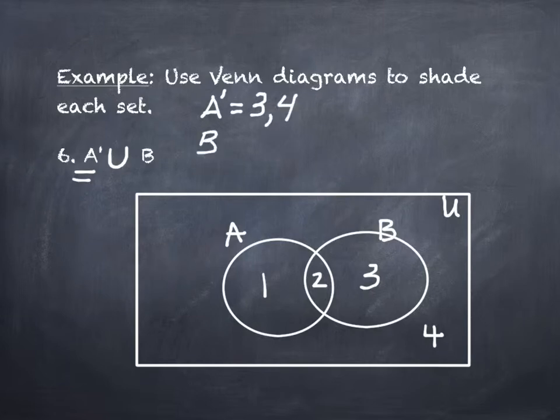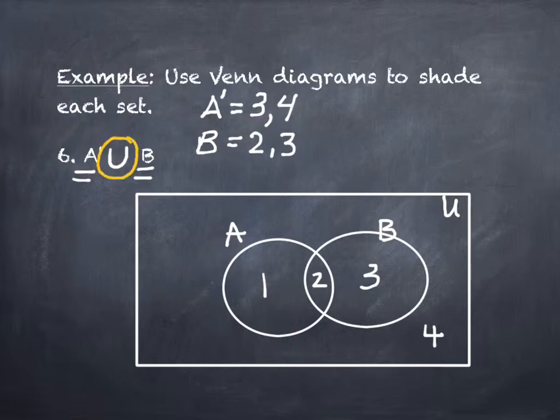The second set that's listed here is the set B. It doesn't say B complement, it just says B. What numbers are inside of circle B? 2 and 3. After that, we're going to look at